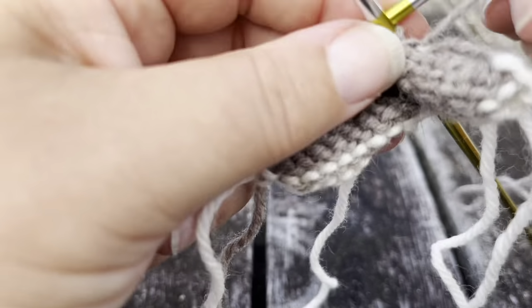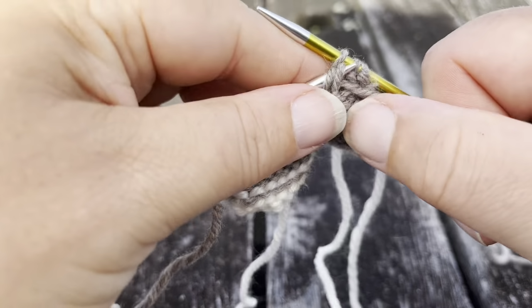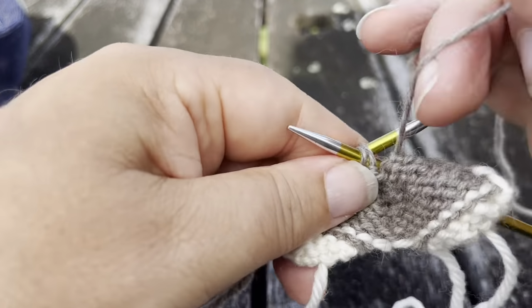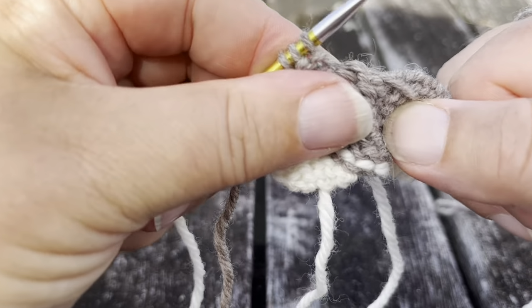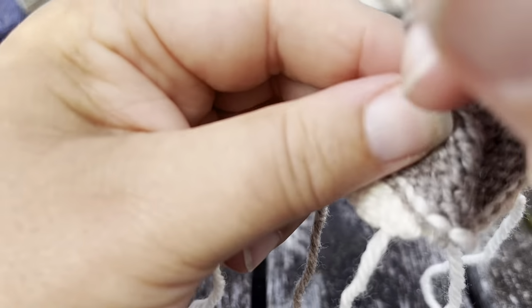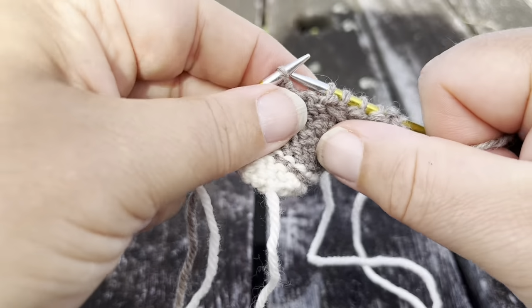So we're going to now purl those 2 together through the back loops and regret all of our life decisions in deciding to make them lean. We're going to purl these 2 together the normal way and just relax because we enjoy purling things together the normal way. And then we're going to realise that this brings us to some purling through the back loops where we regret all of our life decisions and we purl them together, and then